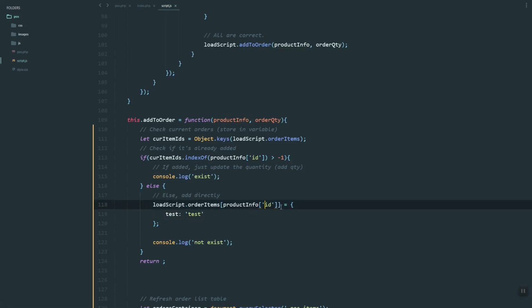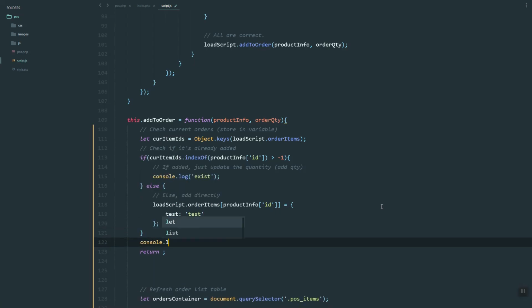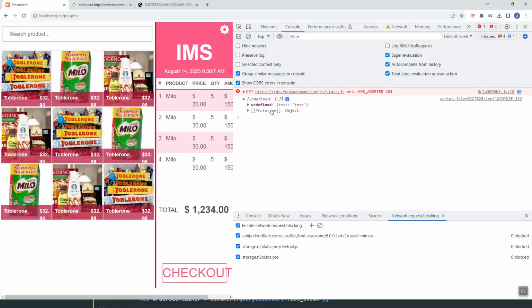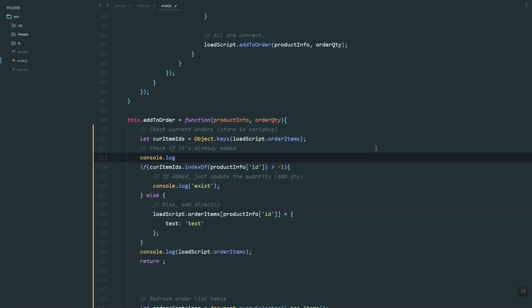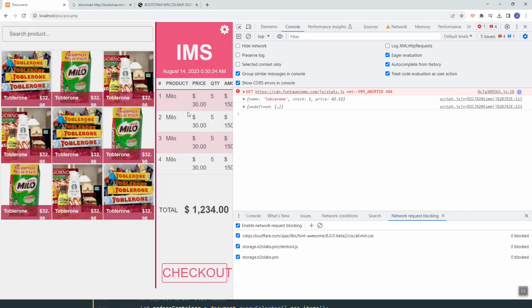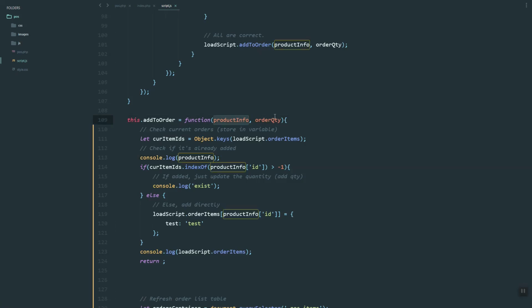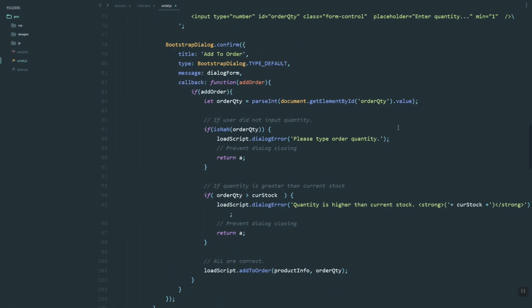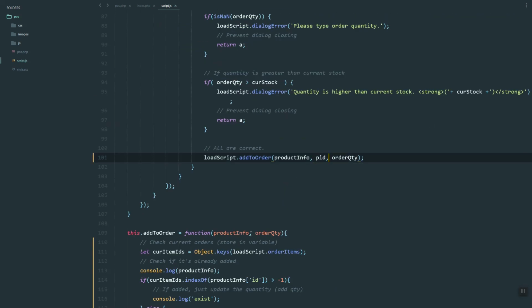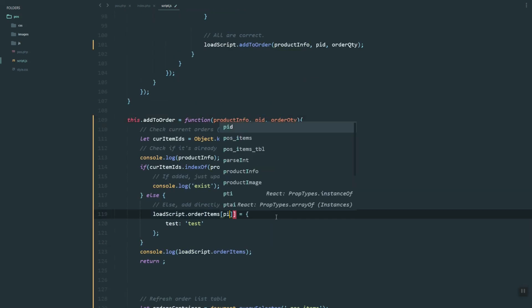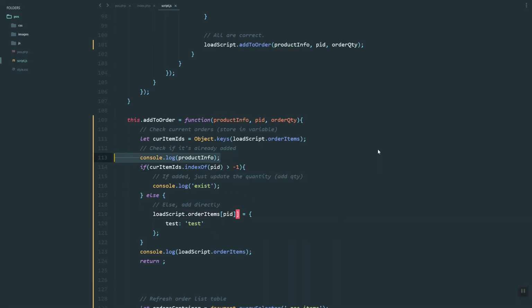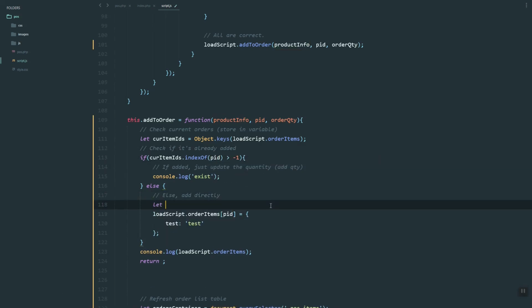So it still does not exist. Let's just get, so you can see it's showing undefined. So inside the product info we don't have the ID, so let's update or also grab the PID, then here update the function, then we can use that one here. So now let's remove,